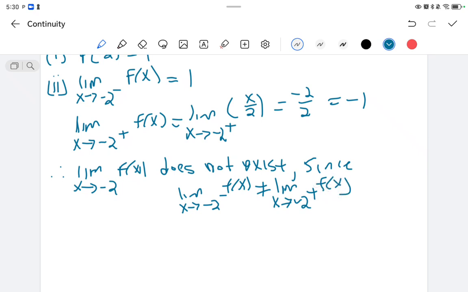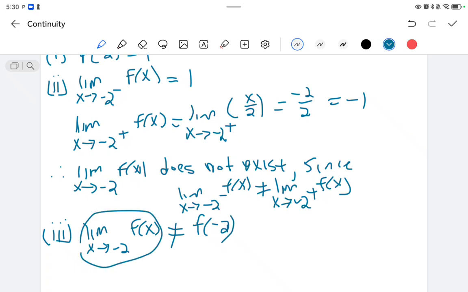Then we check the third point. The limit as x approaches minus 2 of f of x cannot be equal to f of minus 2 because they're not equal. Because this does not exist, so they can't be equal. We come and say hence,